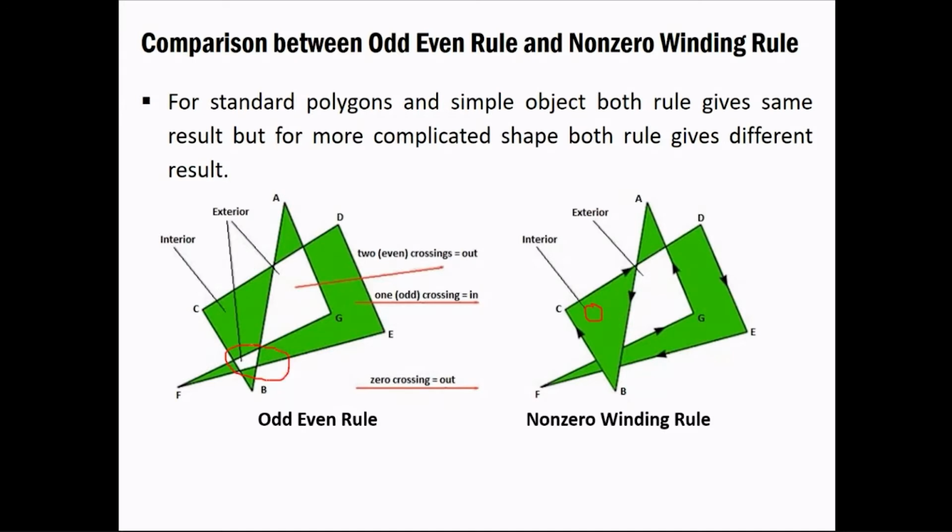Now we have one thing given over here. Our line from that particular point is going outside of that region, up to the boundary point. In between, it is getting intersected at two places. Two edges are getting intersected. So based on our odd even rule, we now have the value two. So it would say that this is the exterior point, but this is not correct in this particular case.